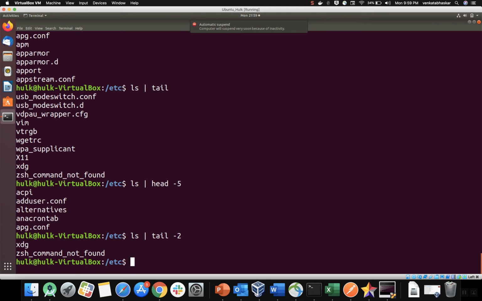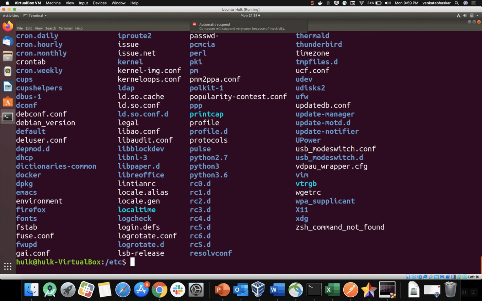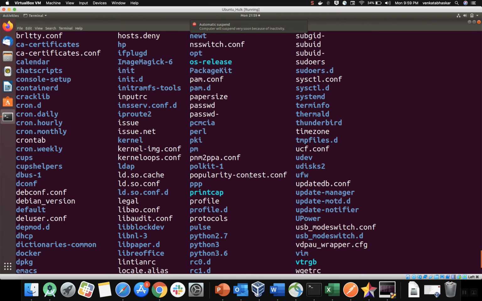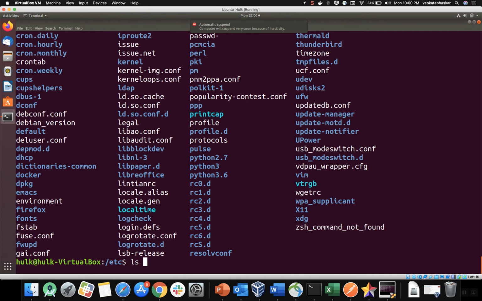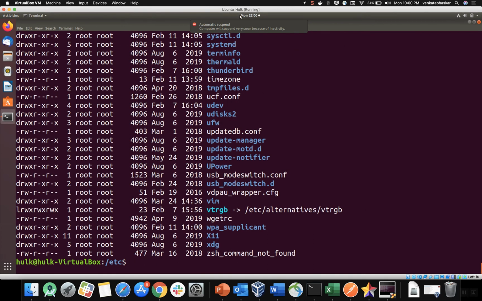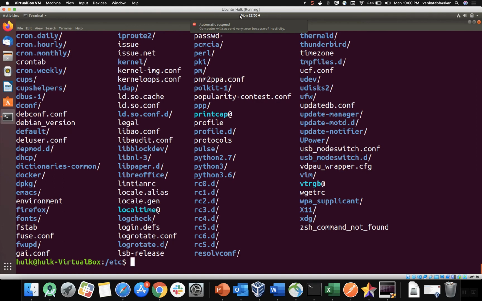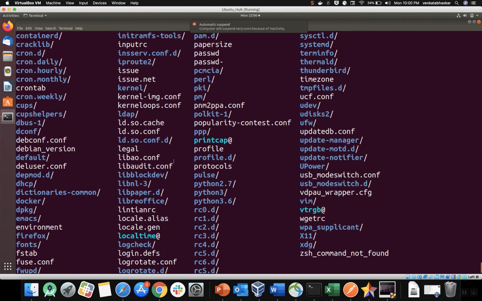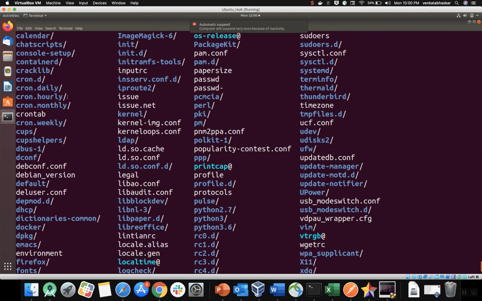When you observe the ls command, you are seeing a lot of colors, right? There is a normal file and there is some blue color. In Unix, dark blue color indicates a directory. Let me do it this way, ls -l. Now I'm using one option, please observe carefully: -F. If you see here, you got some special characters.